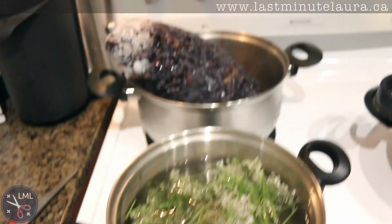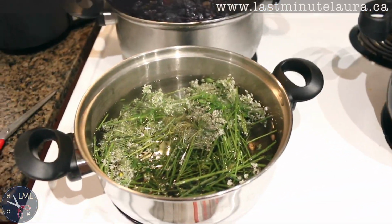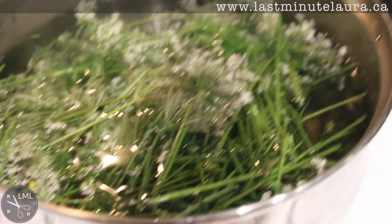And then I also got a bigger plastic one because I think the grapes are going to need a little bit more space to move around once they thaw. So, like I said, I'm going to take you over to the stove now and I'll show you what we do next. Alright, so I have got the grapes and the goldenrod and the Queen Anne's lace in some water